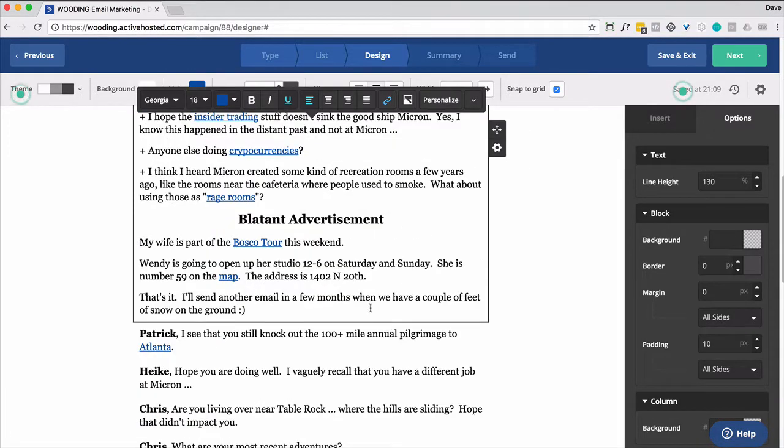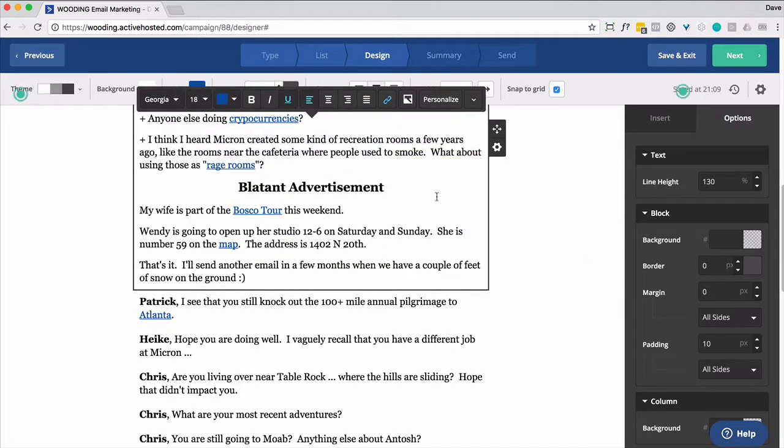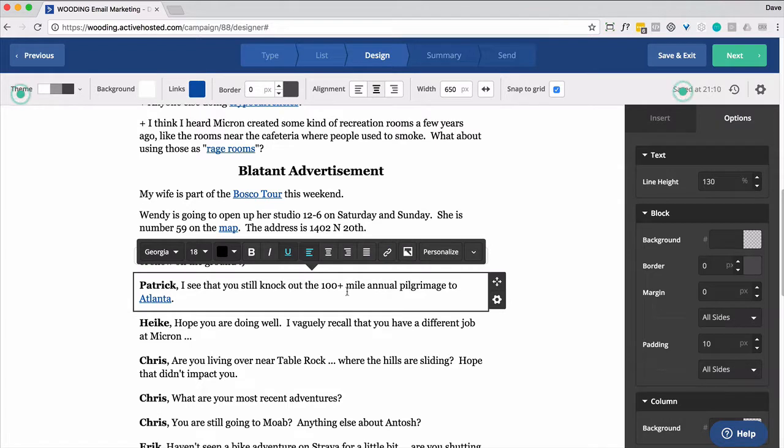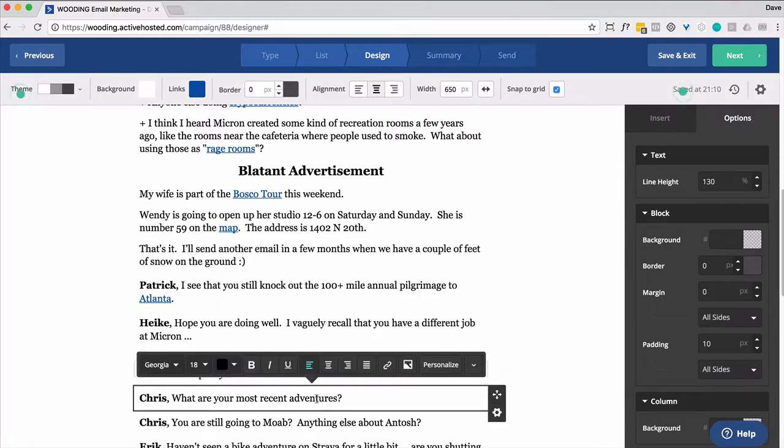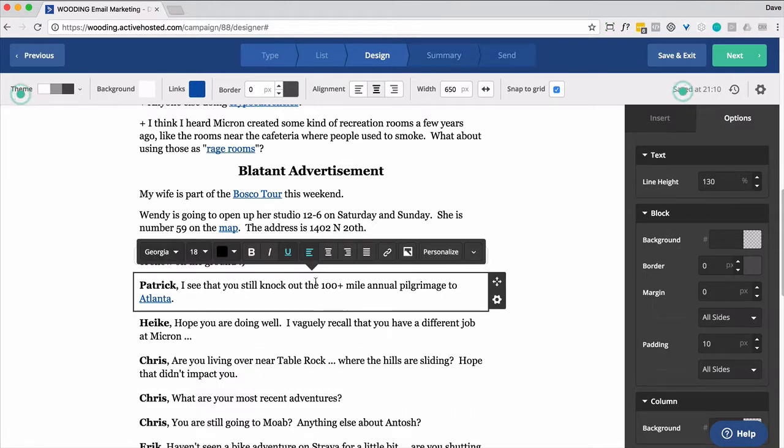What else here? So here's another. Now notice this is one big block. This is a text block. Then I've got a bunch of little text blocks. And notice I'm putting people's first name. This is a very small list. I have about 34 people, I think, and I know them all. I send out an email quarterly just to let them know what's going on. But